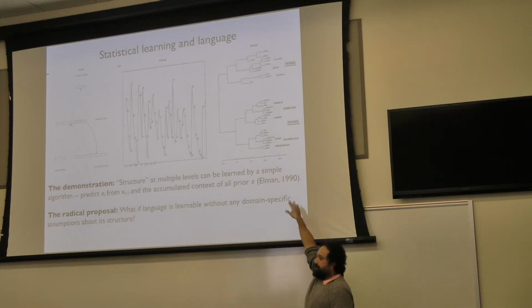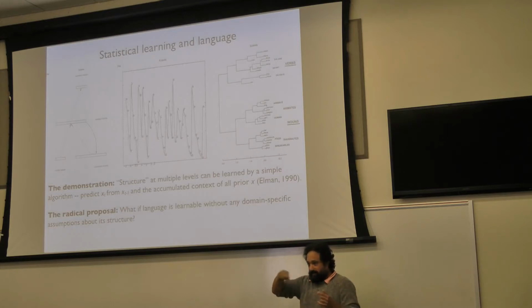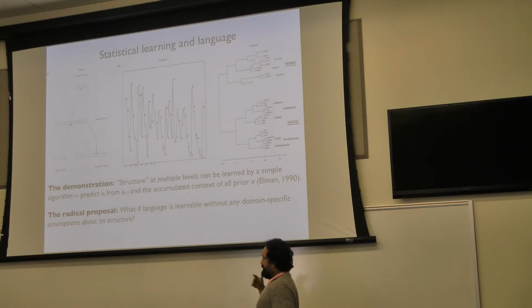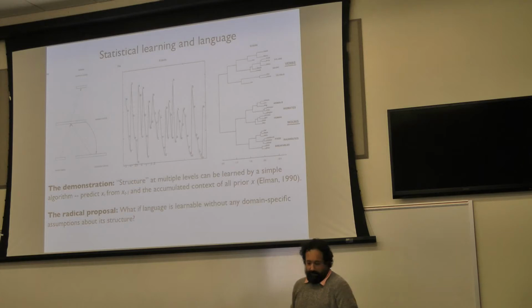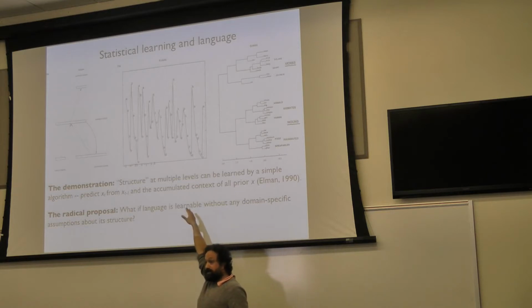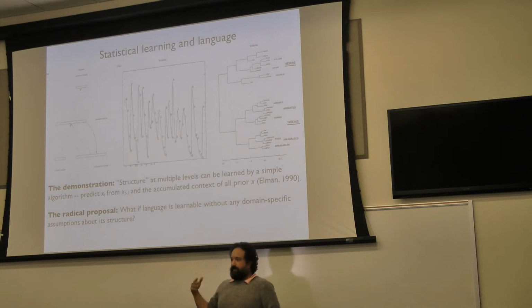And the accumulated context of all the prior x's. So your existing state is the result of your prior experience, and then you get a new thing, and you can predict the next thing by some combination of the input and how you're representing what just happened to you. And the radical proposal, the exciting thing, and the reason people got really angry about these demonstrations, was: what if language is learnable without any domain-specific assumptions about its structure? What if you can just do this? You can just absorb these statistics,